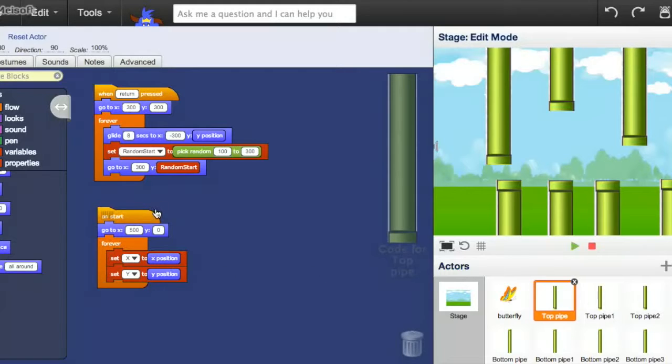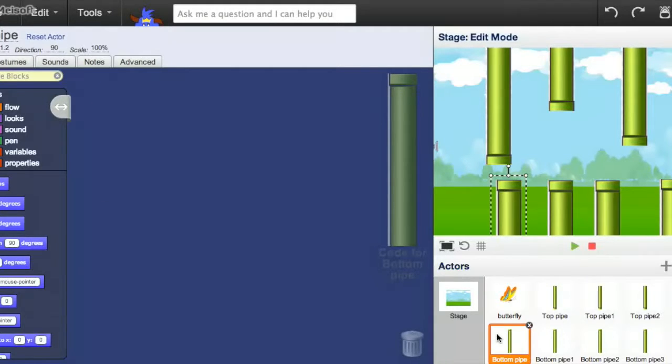So what does this code say? Well, when we click the start button, we're first going to move the top pipe to X equals 500, Y equals 0, off the screen. And forever after that, we're going to have these two variables X and Y, which we're going to always set equal to where the top pipe's X position and Y position is on the screen. Why do we do that? Well, so that for the bottom pipe,